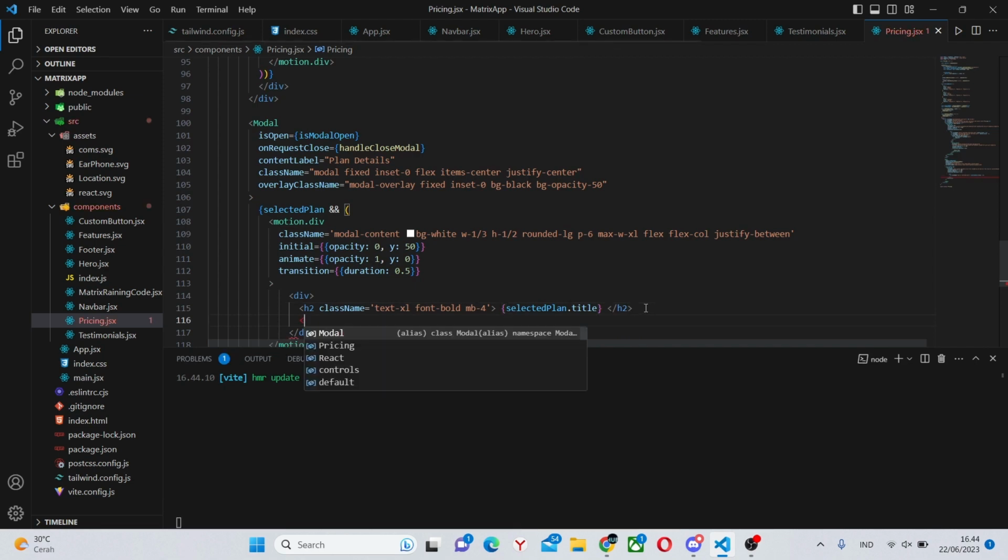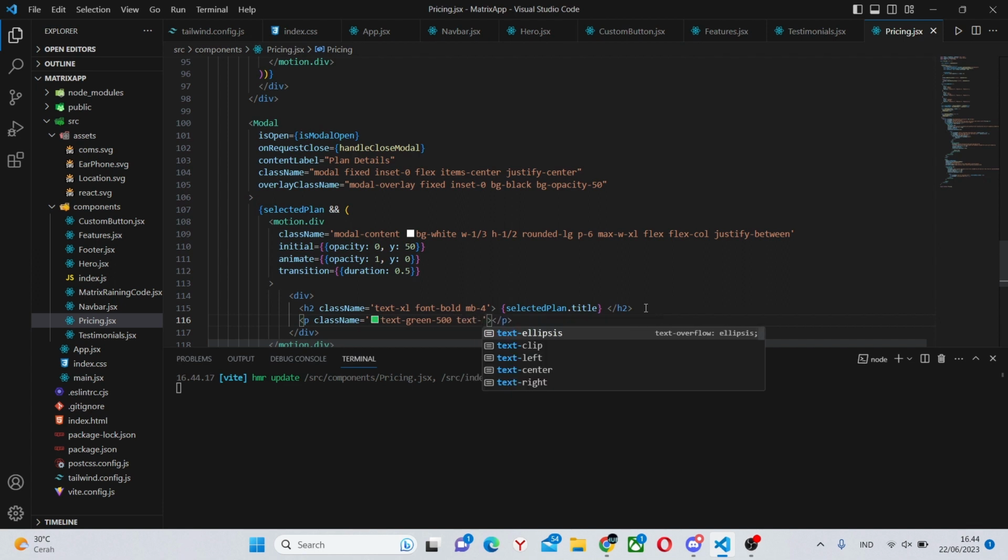Next, we can say p className text-green-500, text-2xl, font-bold, margin bottom -6. And we can say selectedPlan.price.